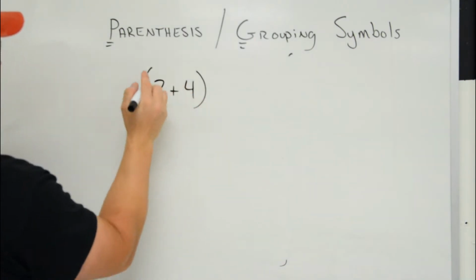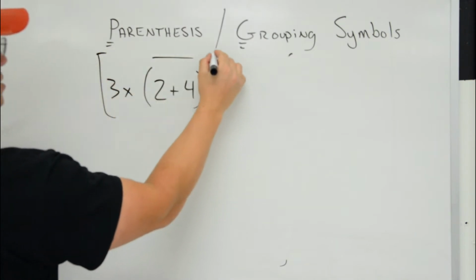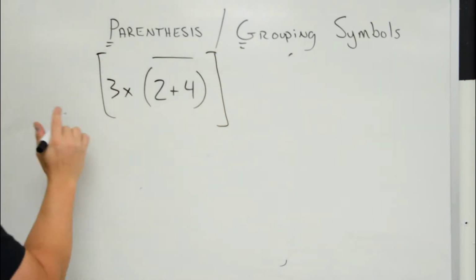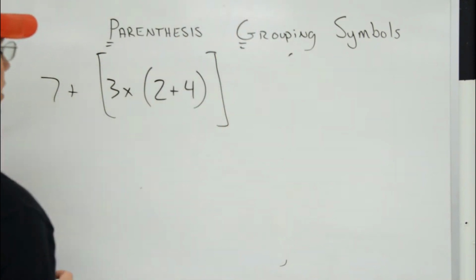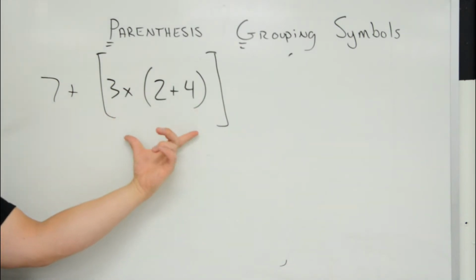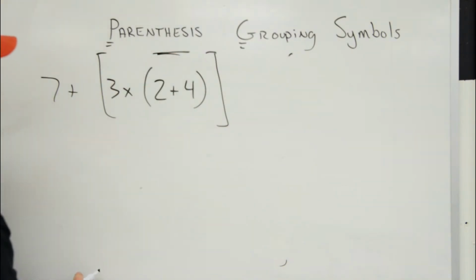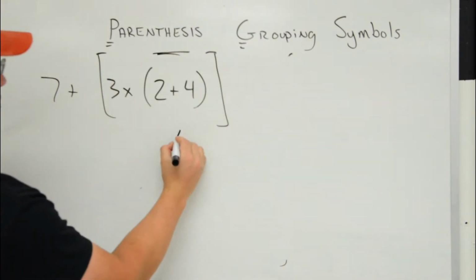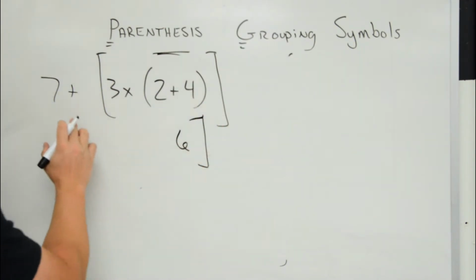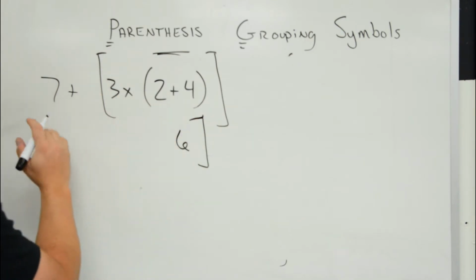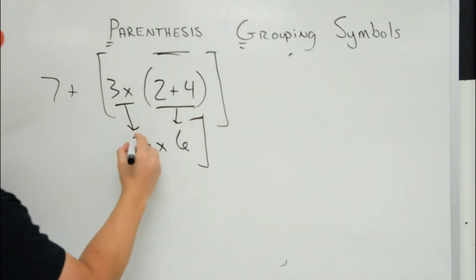So now we have, there's our parentheses. Now I'm going to go with our brackets. And I'll just stick with that one for right now. Okay, so all I have in this one is I have parentheses and I have brackets. The first thing we do is from inner to outer. The parentheses are inner. We would do 2 plus 4, which would give us 6. Now don't forget your brackets. The reason being is if this is multiplication, you forgot your brackets, you would do this first. Then you bring this down. Now you would have 3 times 6,